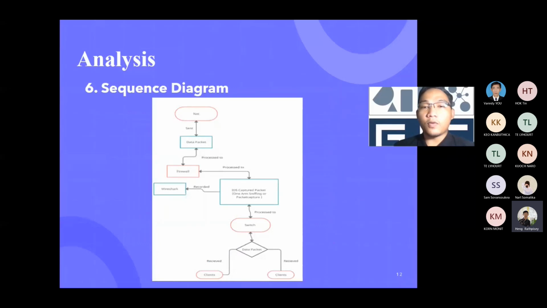And here is a current diagram to understand how the intrusion detection system using packet capture in the FortiGate works. From here, we can see the data packets they send from the net into the network have to be under management of the FortiGate firewall, and when they access the FortiGate firewall, packet capture or sniffing is used in order to record, analyze and monitor all those data packets and record them into the Wireshark file. Then the data packets will be sent to the switch,